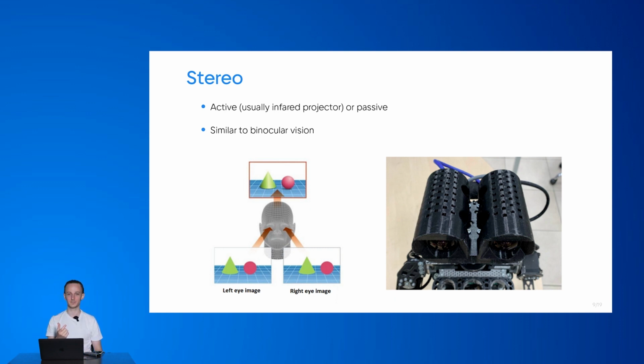The disparity is the distance between the pixel position of an object in two different frames. I have my finger slightly off to the left while I'm looking at it with my right eye, as opposed to the situation when I'm looking at it with my left eye. And this difference in the position, in the X position, makes me capable of calculating the depth of the object in the scene,